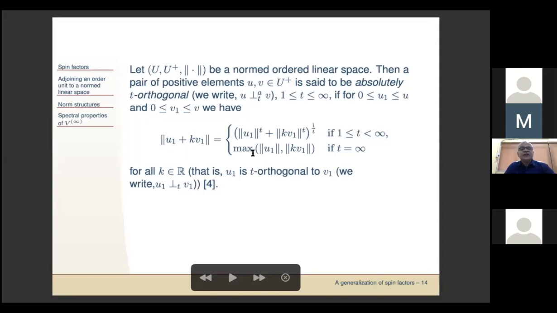And in case of infinity, we take thus the maximum as usual. And this condition actually is known as that U1 is T orthogonal to V1. This notion was introduced again to study the algebraic orthogonality. Okay. And now based on this